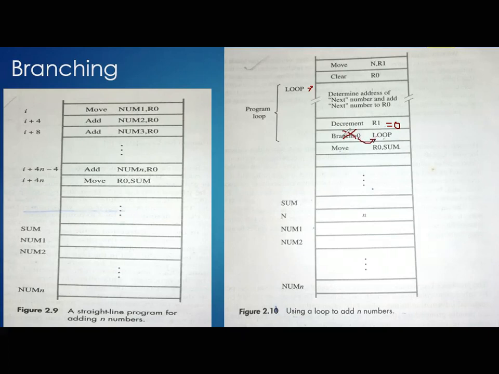We will start executing the next line. What is that next line? Move R0 comma sum. What is the R0 value? R0 has the summation of n numbers. So the addition of all 100 numbers will be transferred to the location sum.